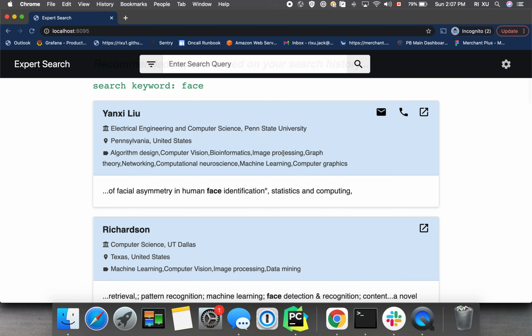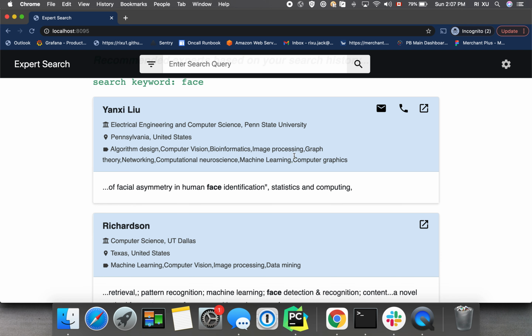So that's pretty much all the user-facing changes that we've done. So let me jump in